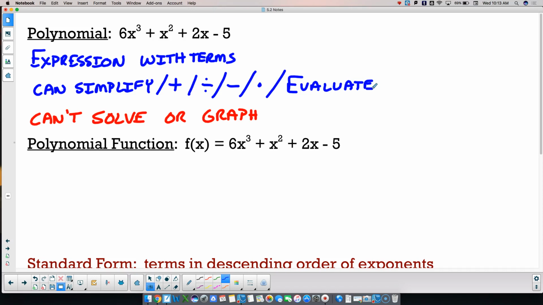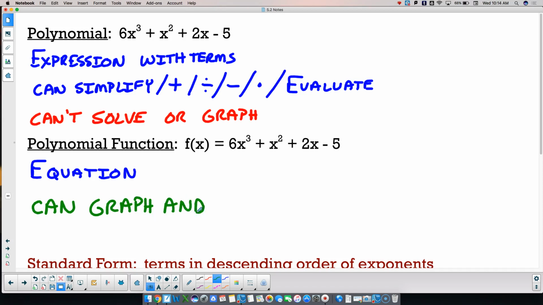So we take our polynomial and we make our polynomial into a polynomial function. Now the polynomial function, this is an equation. I can simplify polynomial functions. I can add polynomial functions. I can subtract polynomial functions. I can multiply them. I can divide them. I can evaluate them. So I can do everything in a polynomial function that I could do in a polynomial, plus I can graph them,